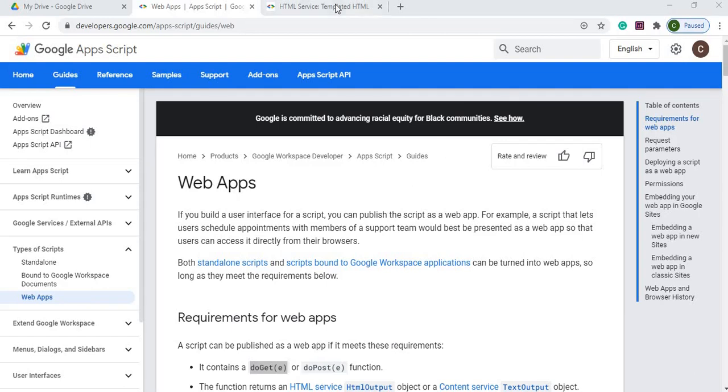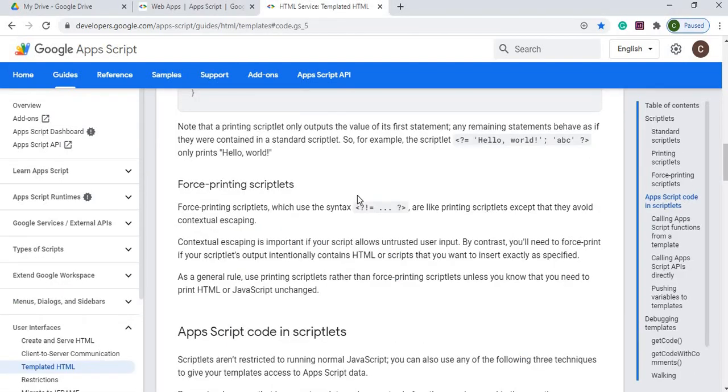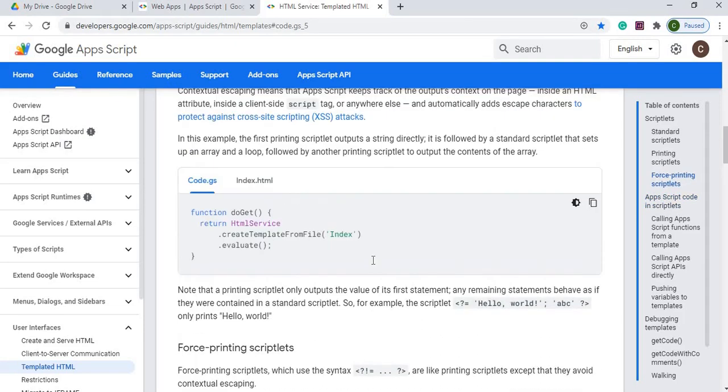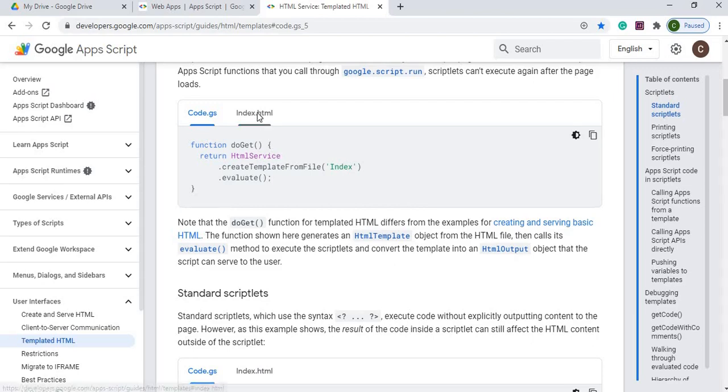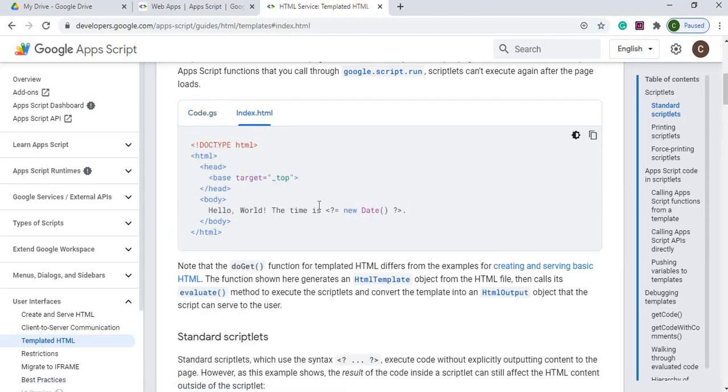I'm also going to talk about one of the examples, or 2 of the examples, of templated HTML, where you can put tags within your HTML code like this, an example, to output Google Apps Script. So I'm going to show you 2 examples of that, but mostly these examples will be incorporated with the doGet